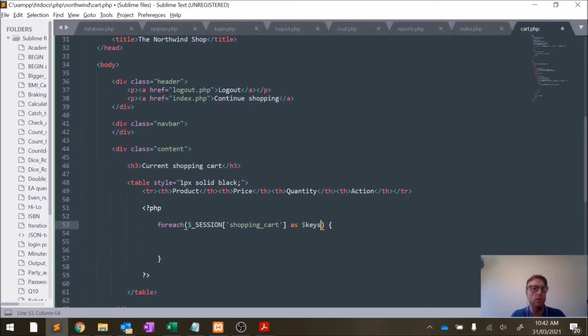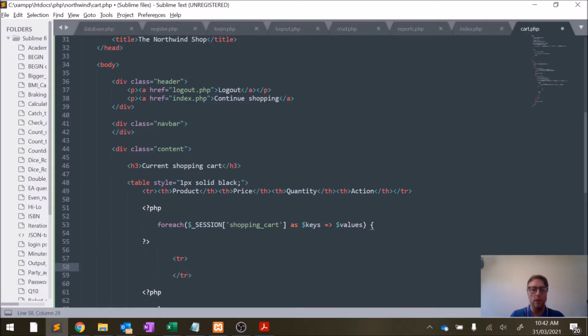So it's all well and good to follow along with what I'm doing, but if you don't understand it, you can't customize things easily and do what you want. So for each item in our shopping cart and its associated values, we want to output those. So we need another row in our HTML table. So let's close off our PHP to make it easier, and it goes there. No, not quite. Open it up again for that curly brace. And the more stuff we're going to add. Let's go table row,